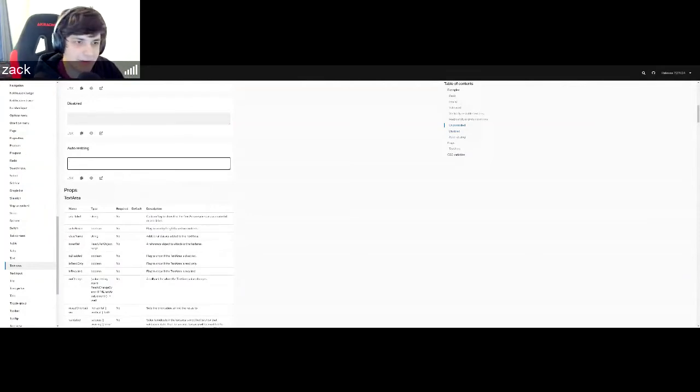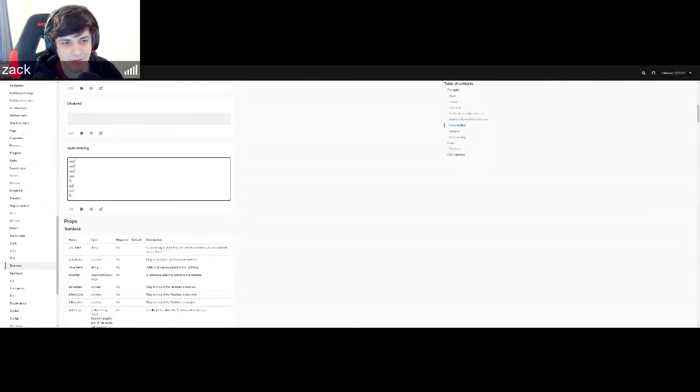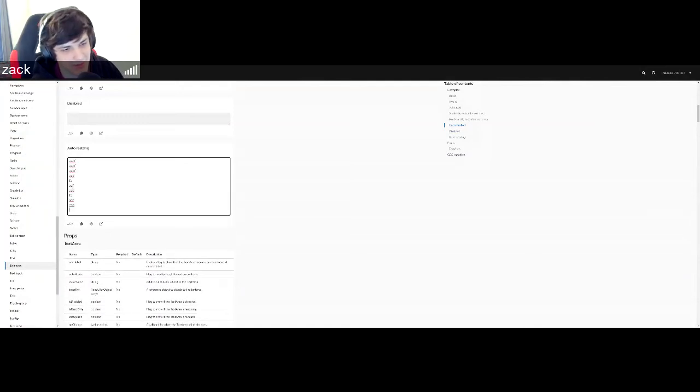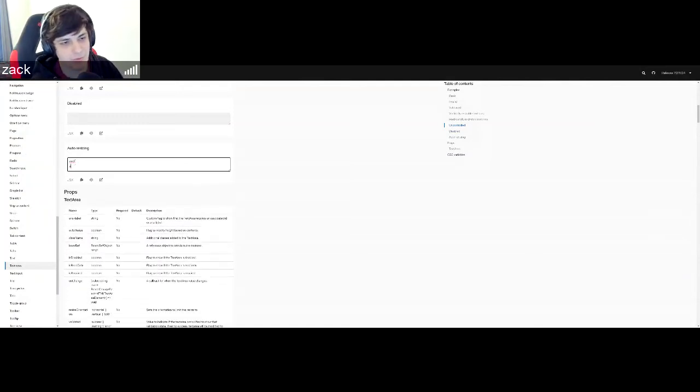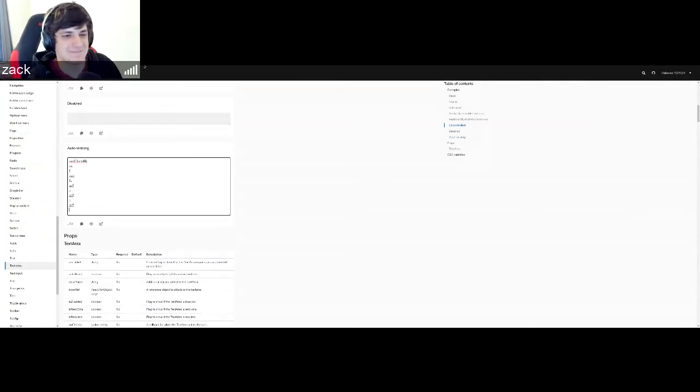All right. So this is not terribly complicated. The text area here auto resizes whenever you type more lines into it, and whenever you delete lines, it removes them. The implementation's a little more complicated, but hey, if you're a consumer, you just have to use it. So that's it.